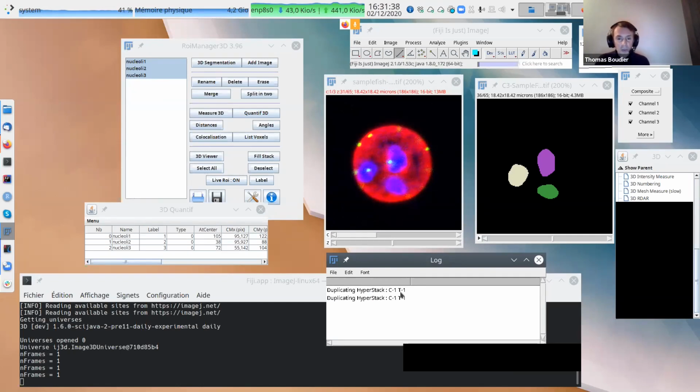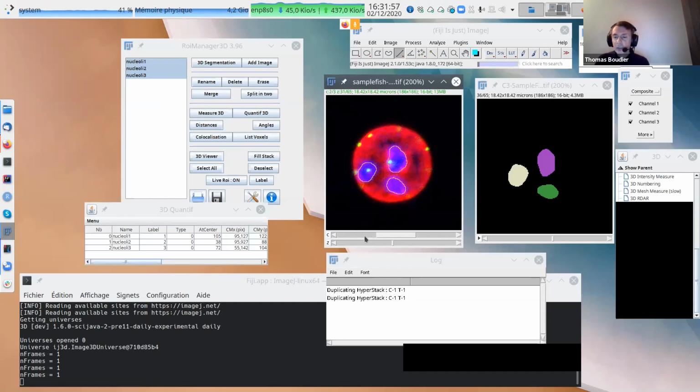So here it just says, I will do the measurement only in channel 1, on frame 1. In case you have many frames, like many time points, it will just do the selected channel on the selected frame point. We will see later. We just change the channel, it will do the measurement in channel 2. They just tell you, okay, I do the measurement in this channel on this time point.